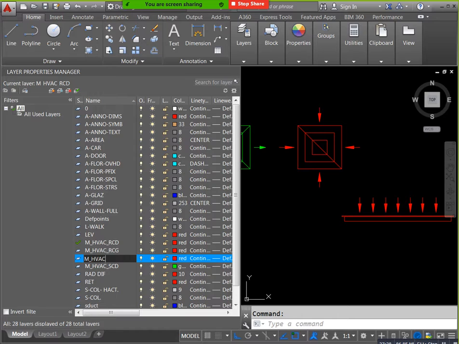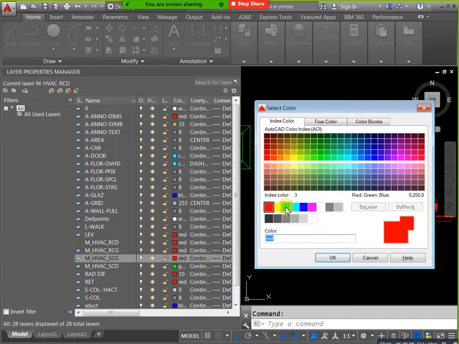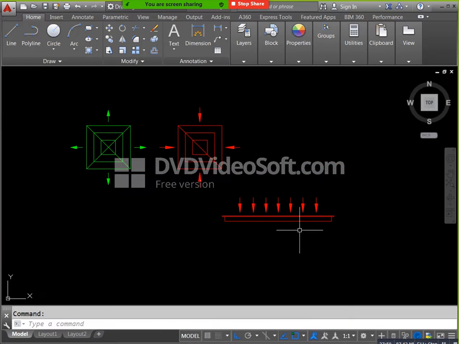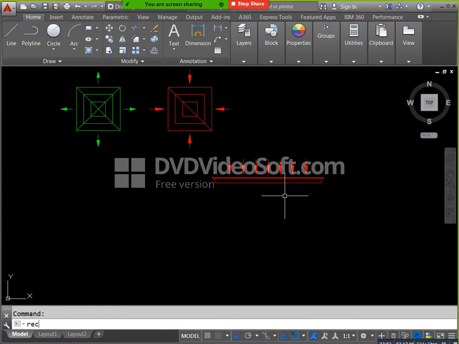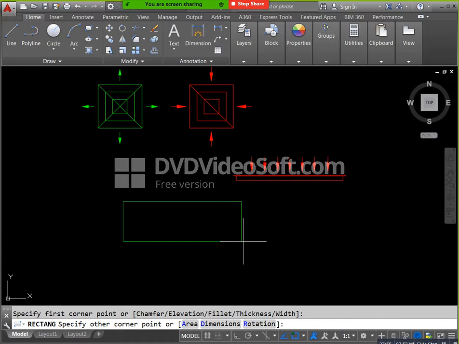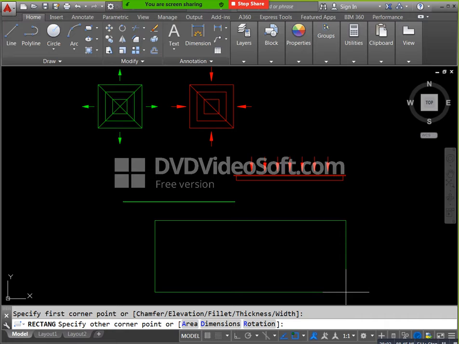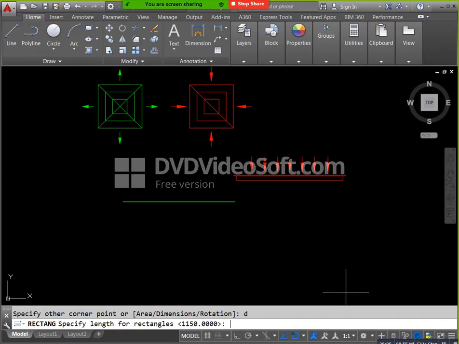Okay, now you will take a rectangle here to here, D, enter. 1150 by 5. Okay, REC, enter, and you can mention D, enter. 1100 by 50. Now you can select this one, move this midpoint to here. Okay, now I need supply diffuser.